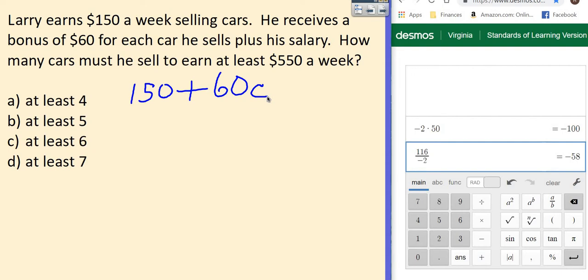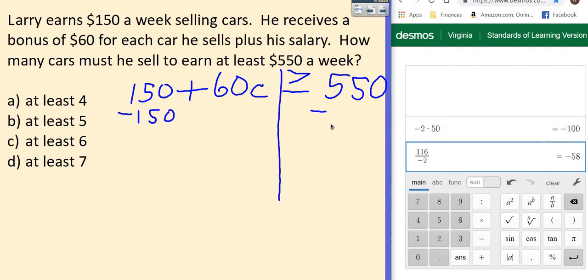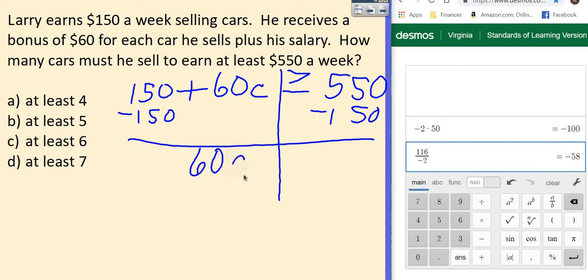And it says he must earn at least, which means greater than or equal to, $550 a week. If you earn at least $550, that means you have $550 or more. So that's what he's got to earn. And what I'm going to do here is go ahead and solve my inequality. And I'm going to start by subtracting this 150 from each side. So I have 60 times the number of cars is greater than or equal to